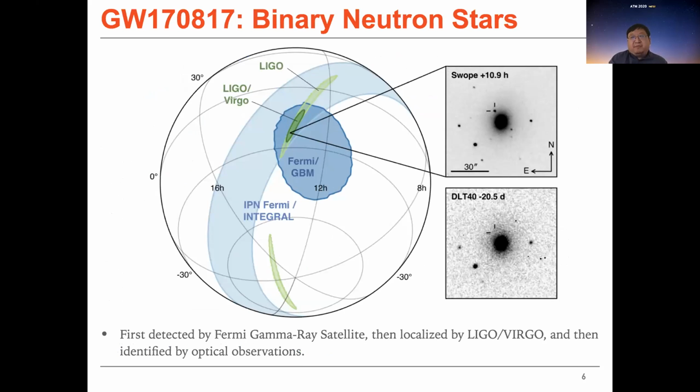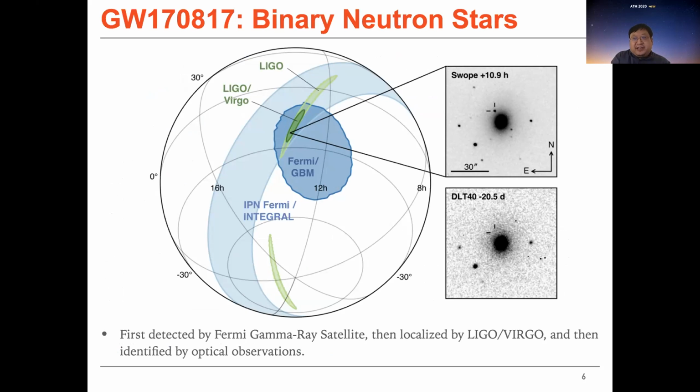And the first binary neutron star event was also very exciting. It triggered a lot of astronomical interest in 2017. There was this event, 170817, so-called, and that was a merger of binary neutron stars which triggered a gamma ray burst, and also a lot of other emissions in the visible and other frequency bands.